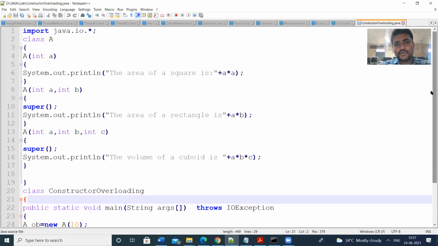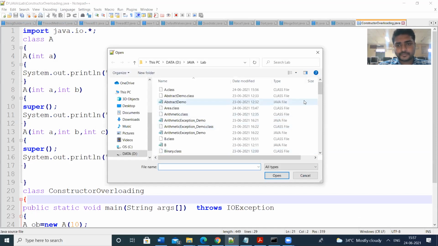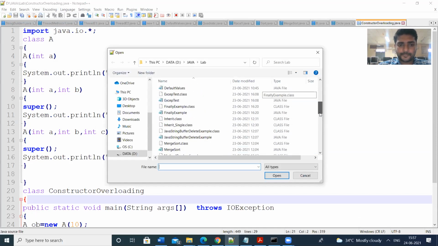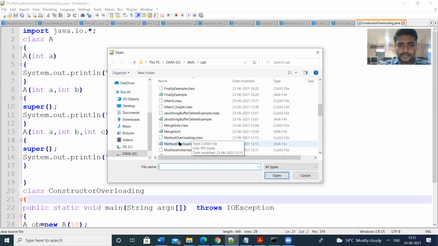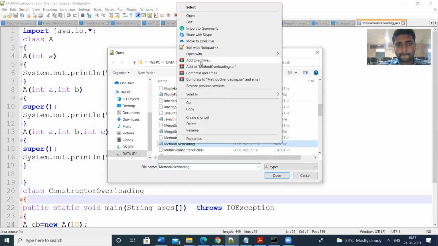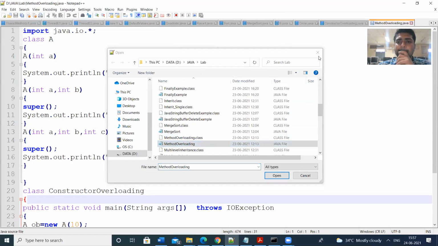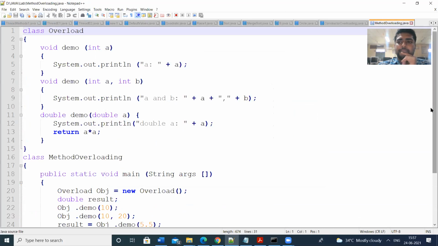So this is the usage of the constructors, constructor overloading. Let us see the method overloading also. Method overloading means the method has the same name.